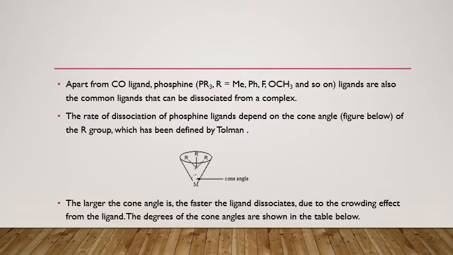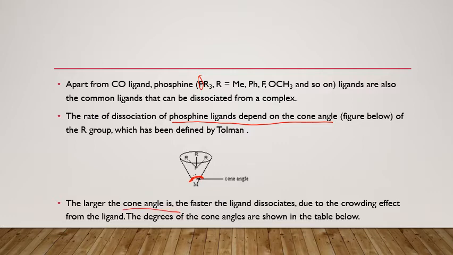Apart from the CO ligand, the phosphine ligand, with a phosphorus group, has substituents that are either methyl, phenyl or fluoride, and so on. These are the common ligands that can be dissociated from a complex. The rate of dissociation of a phosphine ligand depends on the cone angle. Look here, this is what we call the cone angle, which has been defined by Tolman. The larger the cone angle, the faster the ligand